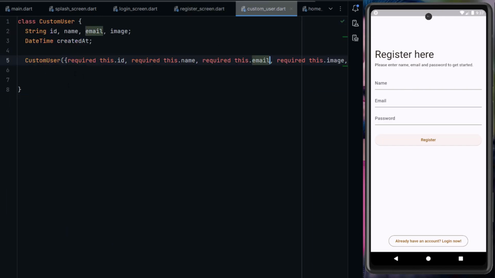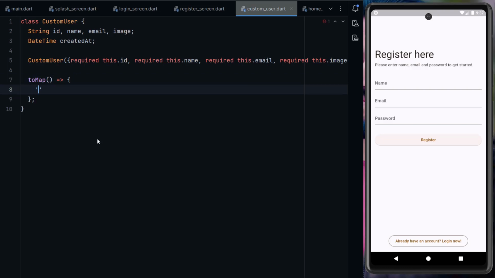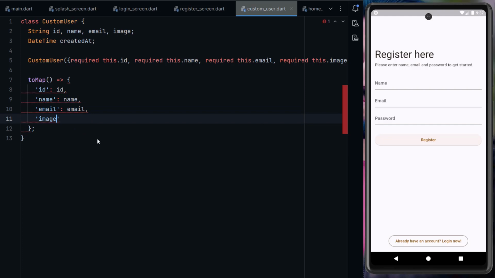Again, open the model class custom user. Here we can convert this data into a map. We can create a function toMap, and here we can return our map. First of all, id will be id, name will be name, email will be email, and image will be image,